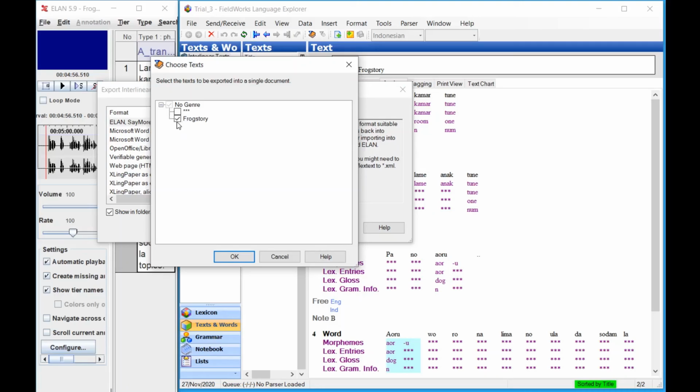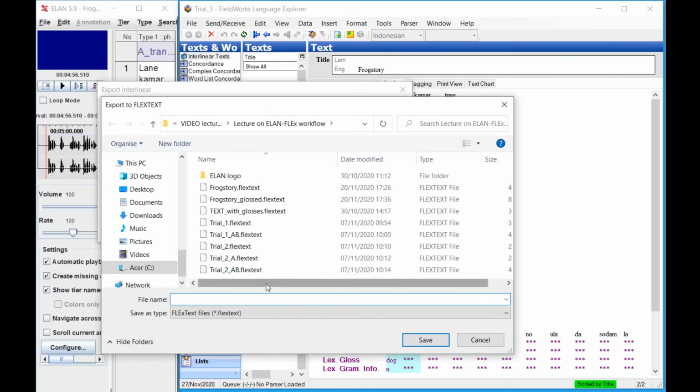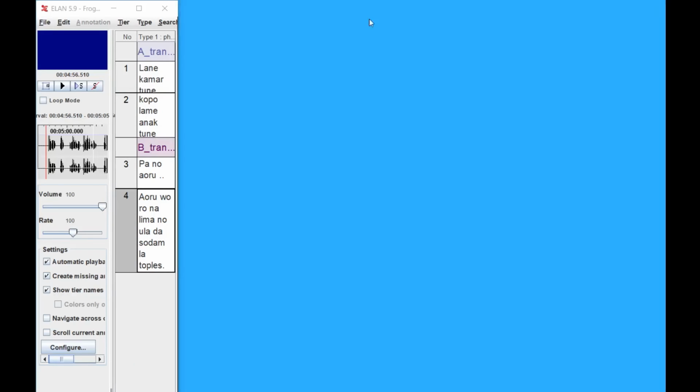Here you choose the text you want to export. We only have one here now, and I say OK. And the best is now to name it a bit differently, because you already have a frogstory.flags text from the earlier export from ELAN. So now I name it frogstory glossed and save it. I have done this before, so I replace the same file with the new one. Say yes. I will just close all the programs